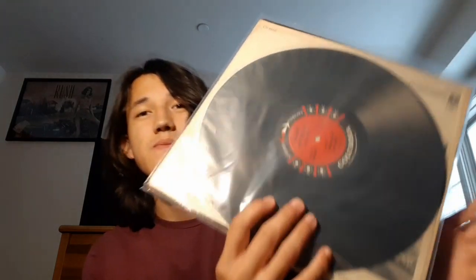This is one I've been looking for since I started, and this was just such a good deal at an antique store of all places, and I just had to get it. And this is just an amazing, amazing record. Of course, Miles Davis Kind of Blue. This is an original 6i stereo, and I paid $50 for it,